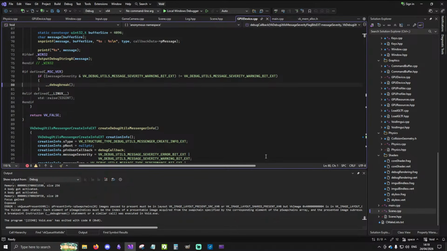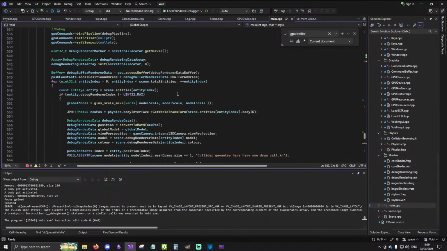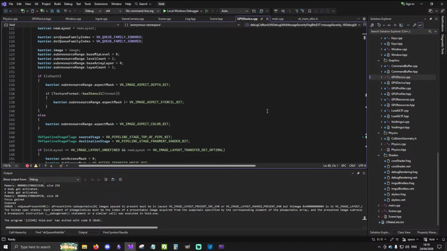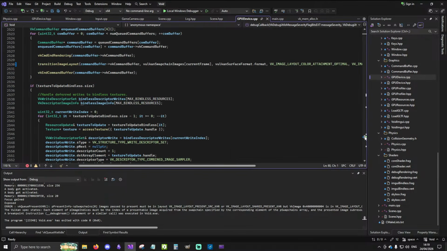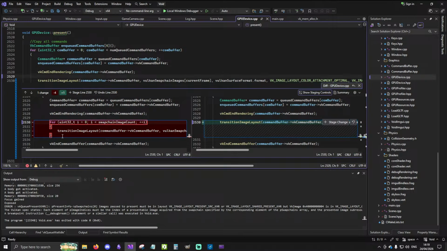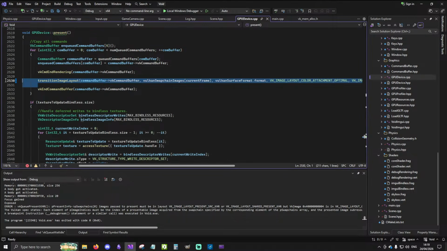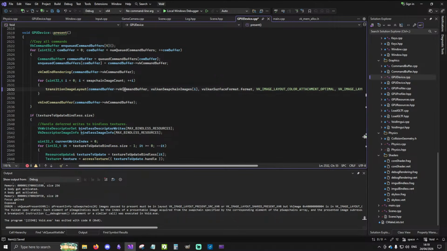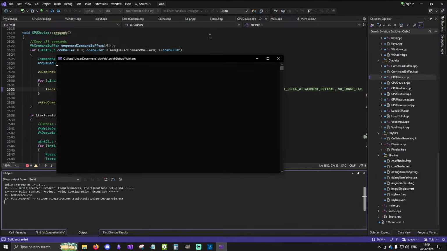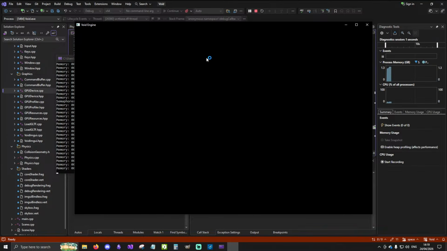Presentation image was not presented. Oh, I see. Interesting that it's breaking. I know what that is. I thought it was an improvement, but I've just broken something. That's easy to fix. Let's just lazily bring it back like this, and we should be good. That was it, I think. We're trying to present things to the presentation image that don't